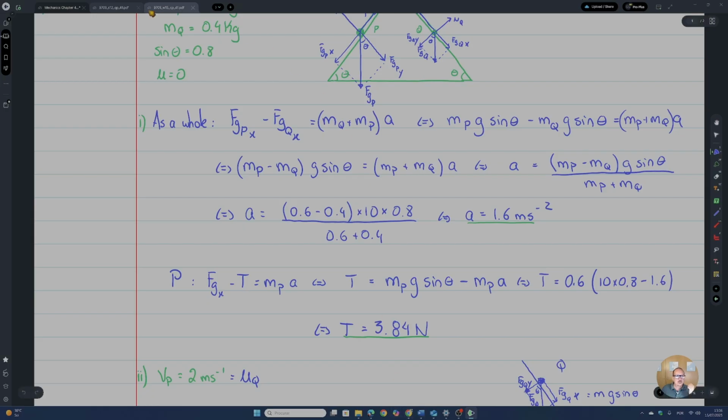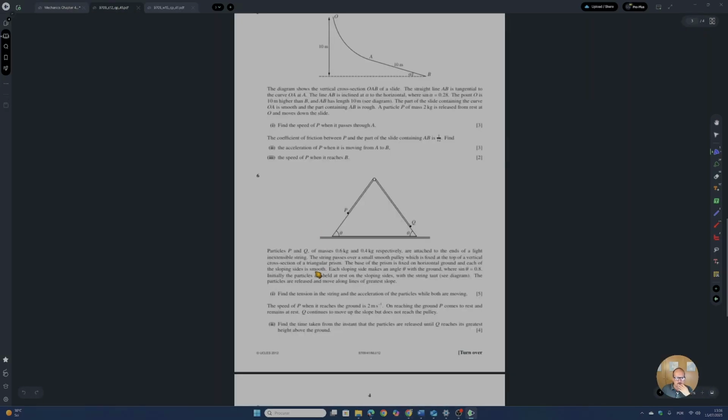Okay, next part of the question is, the speed of P when it reaches the ground is 2 meters per second. On reaching the ground, P comes to rest and remains at rest. Q continues to move up the slope but does not reach the pulley. Find the time taken from the instant that the particles are released until Q reaches its greatest height above the ground. So what's going on over here? What time are they talking about? The time you let this go, so there is time for this one to go down and hit the ground, which is the same